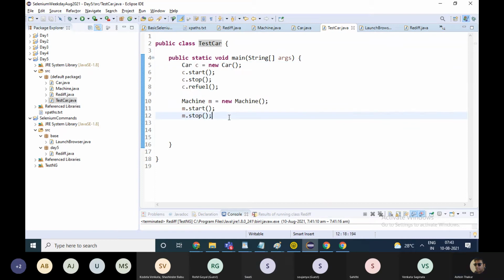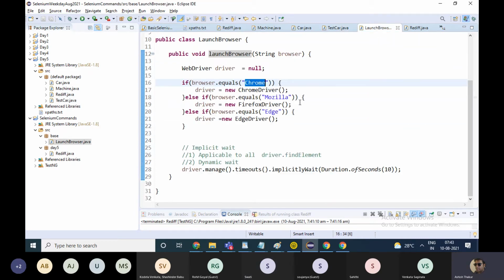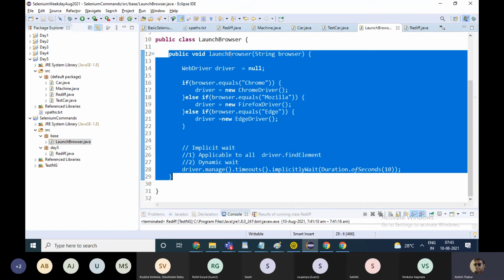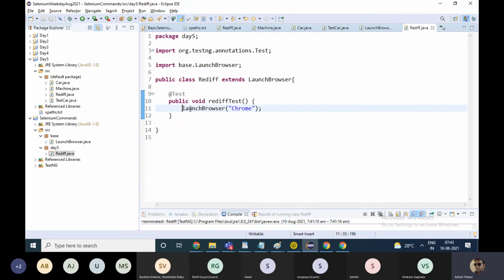So similarly, in the launch browser as well, I made a class specifically to launch a browser, put a function inside it, and I am using that function over here. Once the browser is launched, you can work further on.